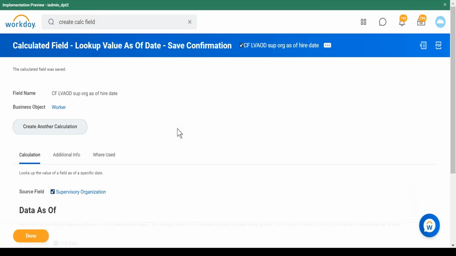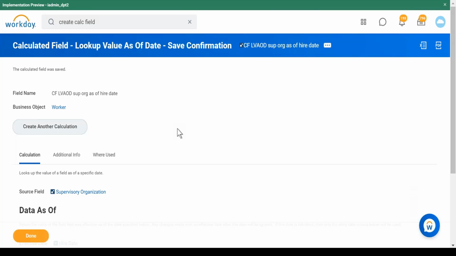There is something called lookup organization hierarchy and lookup hierarchy. Both serve the same need. It's just that under lookup hierarchy, you can use fields above and beyond the organization fields. And in the lookup organization hierarchy, you can only look at the hierarchical level of the organization the worker